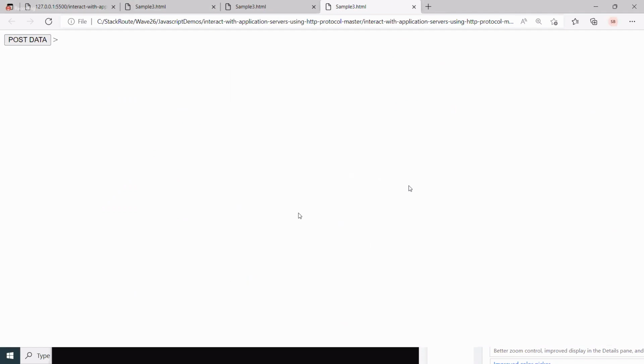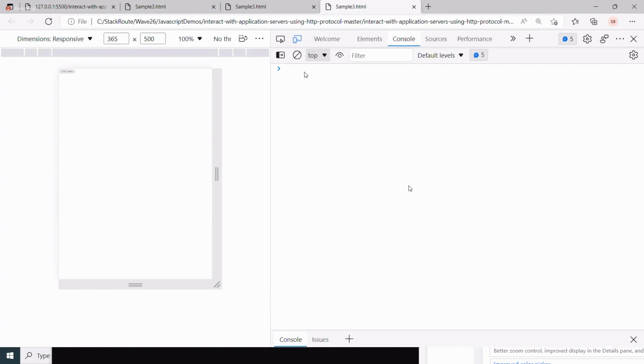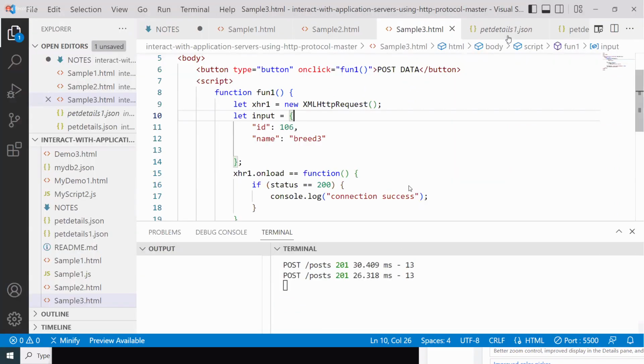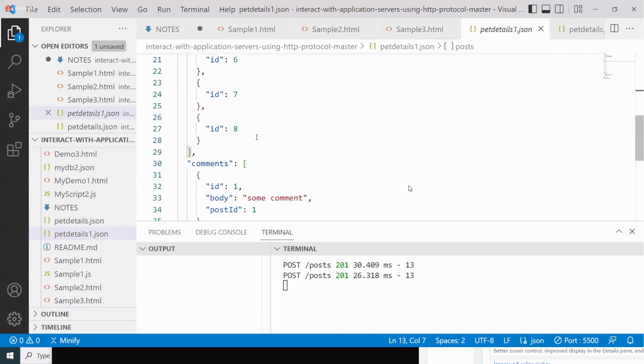Let me click the button twice. I'm not getting any message. Whereas, if I go to my pet details one,